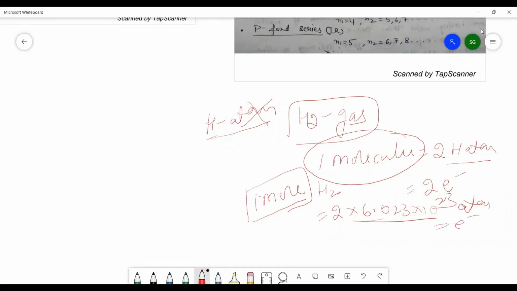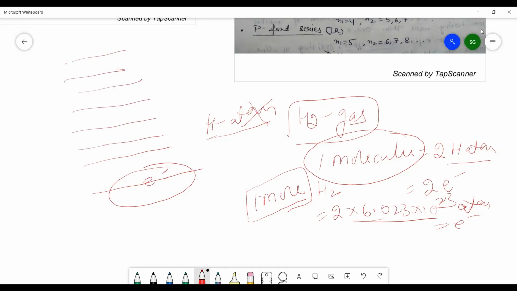So you can easily understand that when all these electrons are present in the ground level, they will absorb the radiations and reach a higher energy level, each according to its own capacity. Just like if there are 40 students in a class and they get different marks, they reach different levels. Some electrons will be here, some here, some here. So they reach different energy levels.